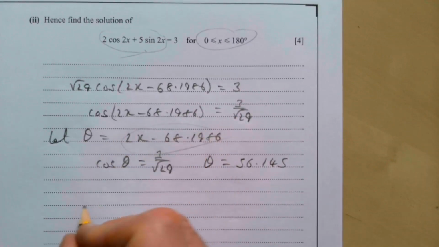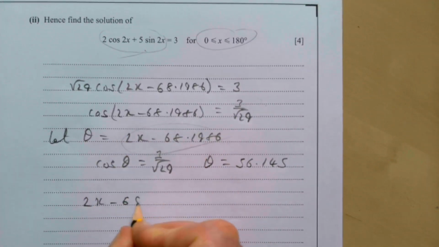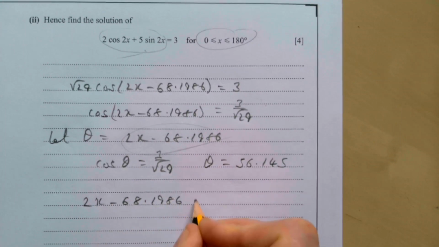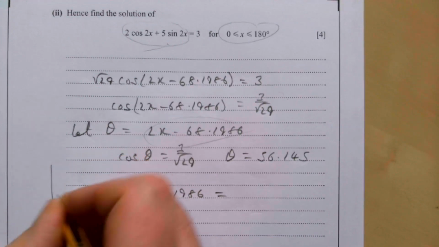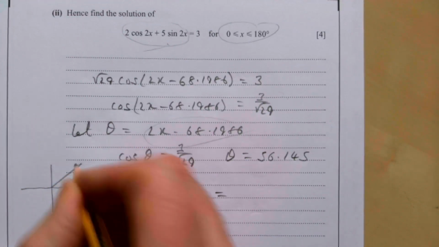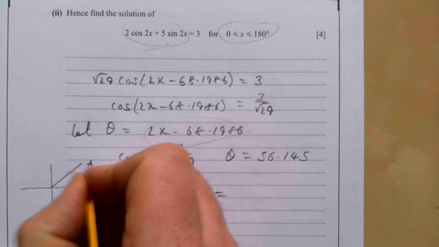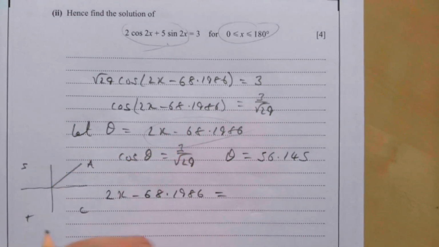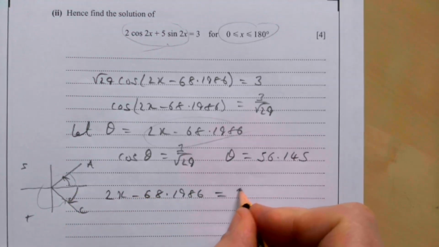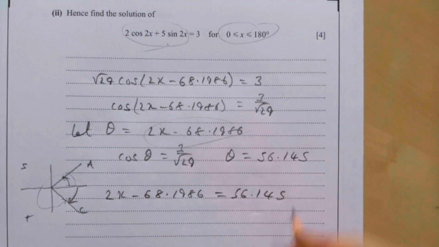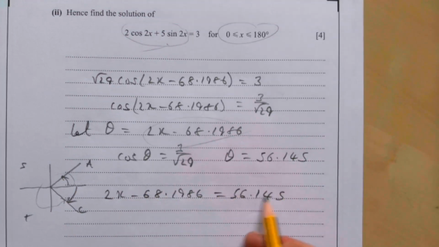The two things we need to deal with: 2x minus 68.1986 is going to be set equal to, if you do your CAST diagram, hopefully you can quietly see this. There's my 56, so it's obviously CAST. I want this one here, and this one here. You can go with this and this, it just ends up being messier. It's easier if you take the minus 56.145. So with 56.145 here, you add 68.1986 to both sides and divide by 2,